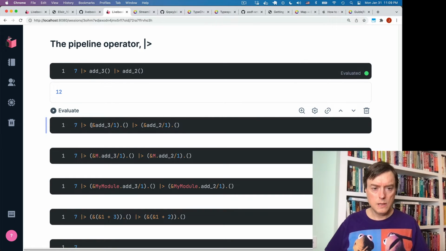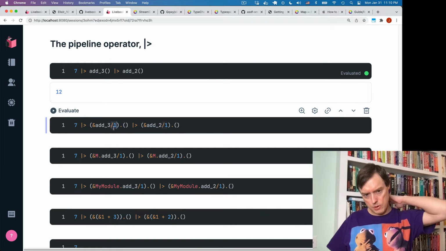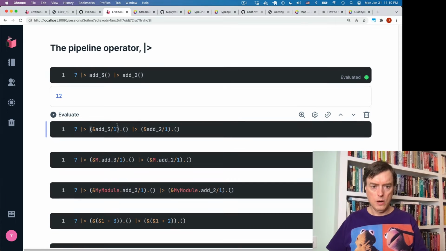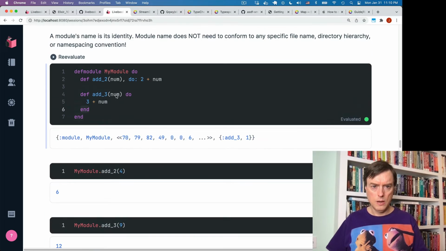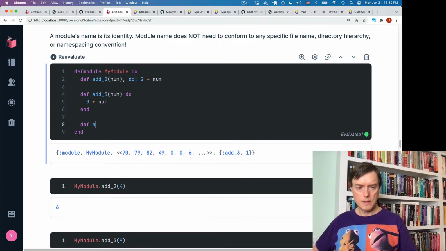So again, 7 here. In this case, this is the capture operator. I should mention the /1. I don't think I've mentioned this. This is arity. Arity is the number of parameters in the function definition. So add3 in this case has 1 parameter. It's a one arity function. But in theory, we could have a 2 arity function, add3,